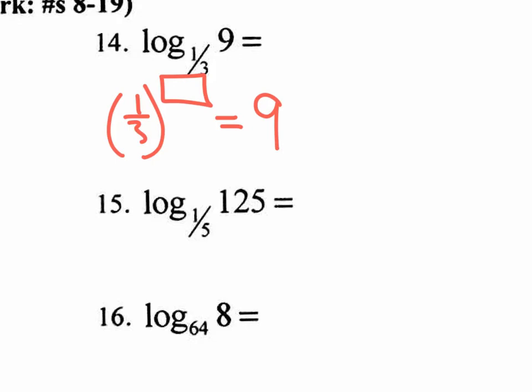Okay, so let's think about this. If I put a -1 right there, it's going to give me a 3. But if I put a -2,